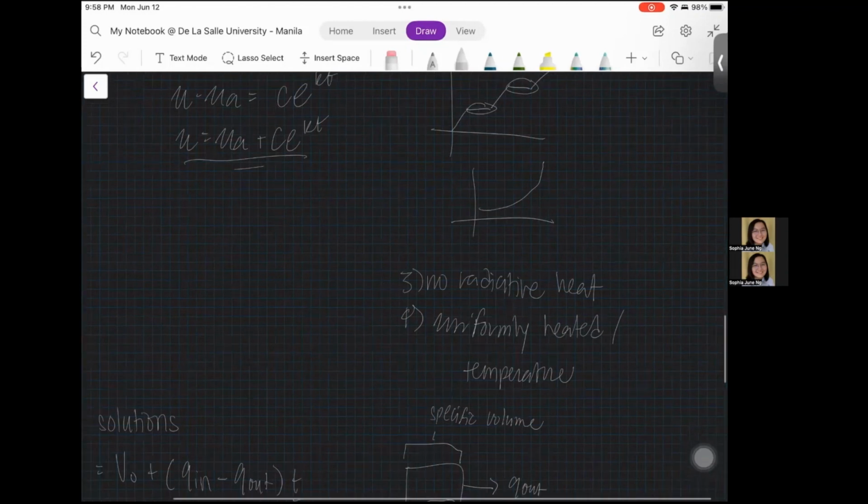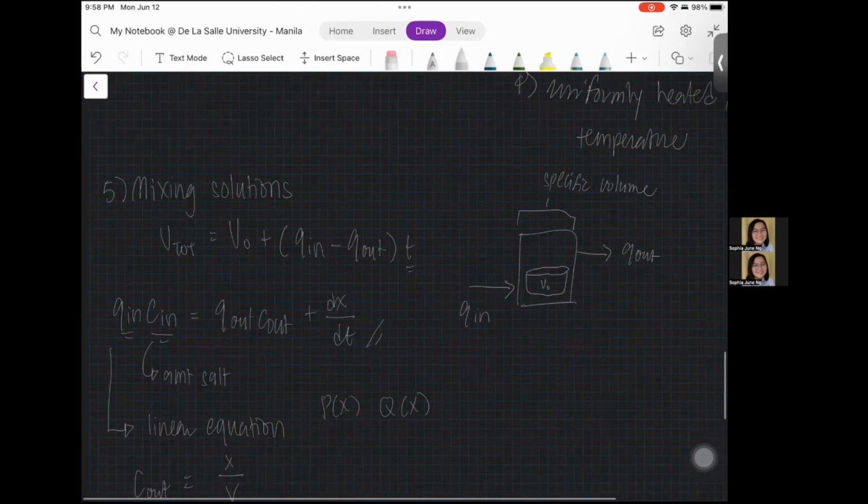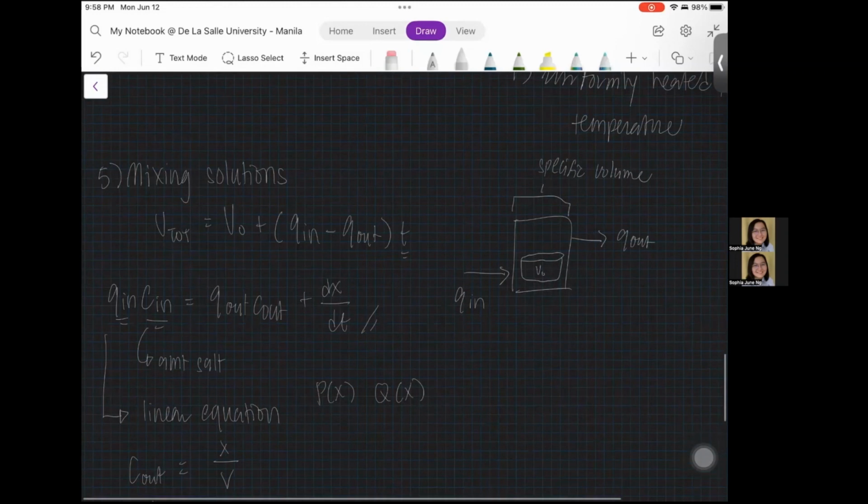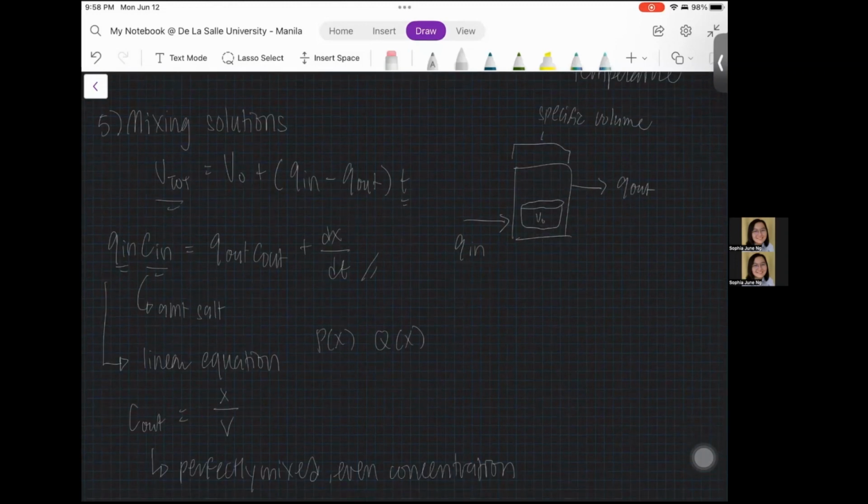Next we have mixing solutions, which have 3 given equations. The first one is your total volume, which is your initial volume plus how much stuff is coming in, which is the difference between your inward flow and your outward flow over time. After that, we have the